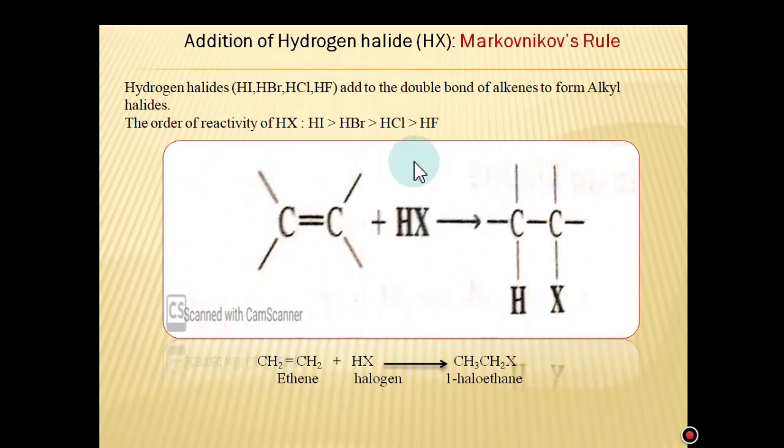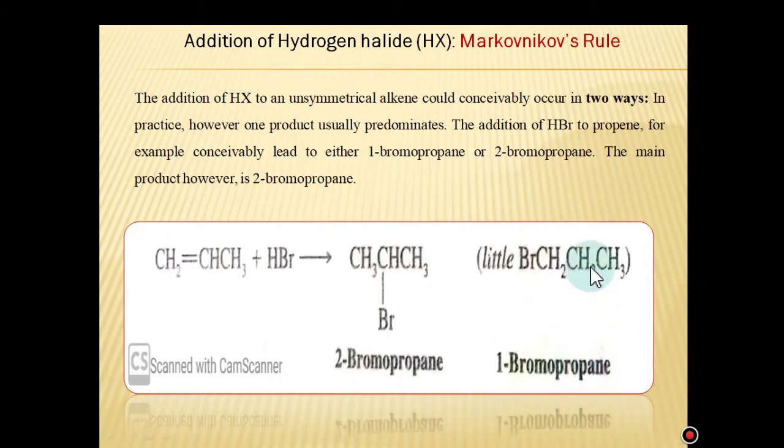This is the general scheme of the reaction. This is the alkene compound and HX, hydrogen halide. Addition at that point takes place. One pi bond is converted into two sigma bonds and the haloalkanes are formed. The very common example is ethene reacting with HX. X stands for the halogen, and haloethane is formed.